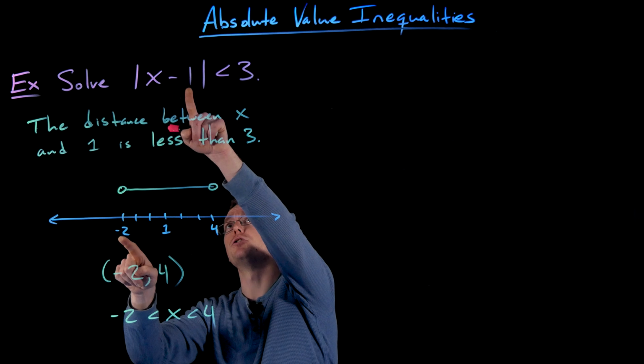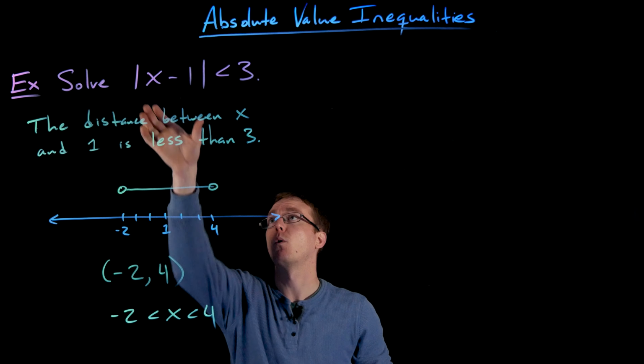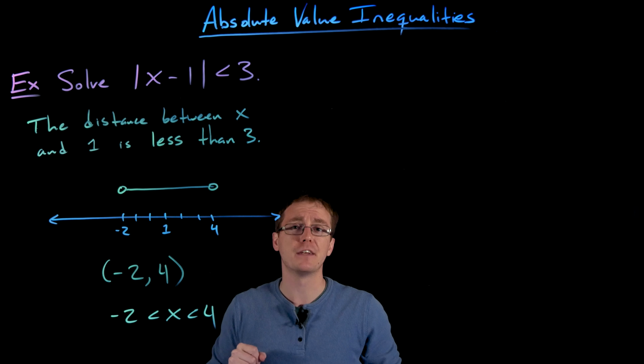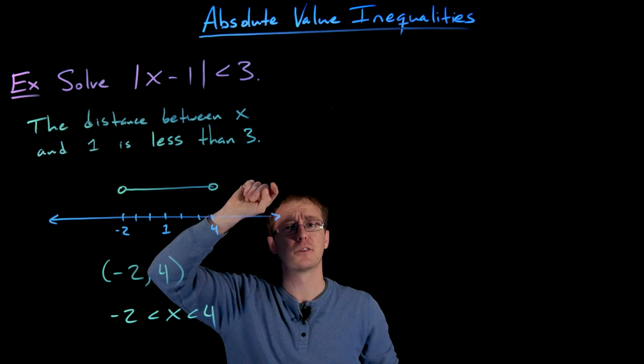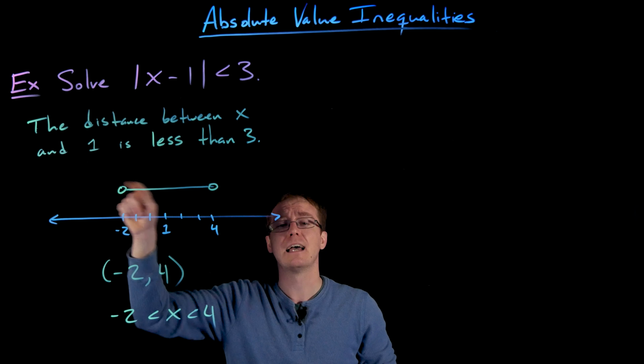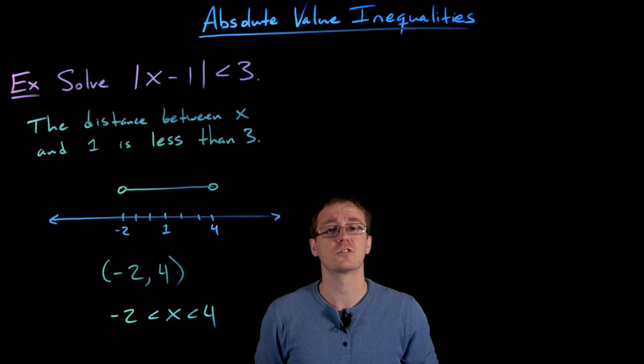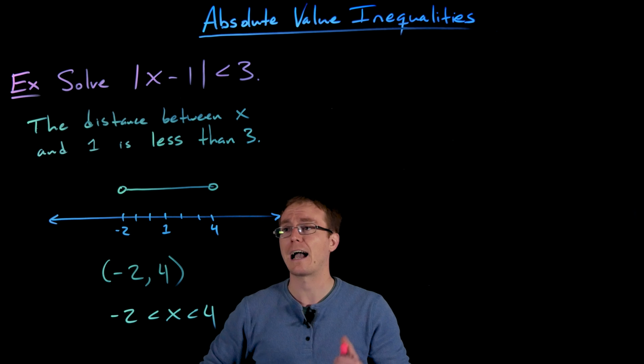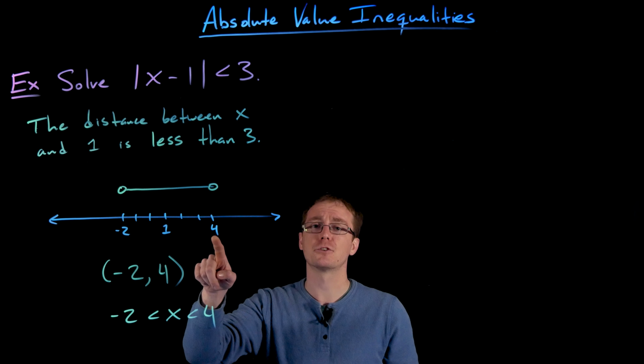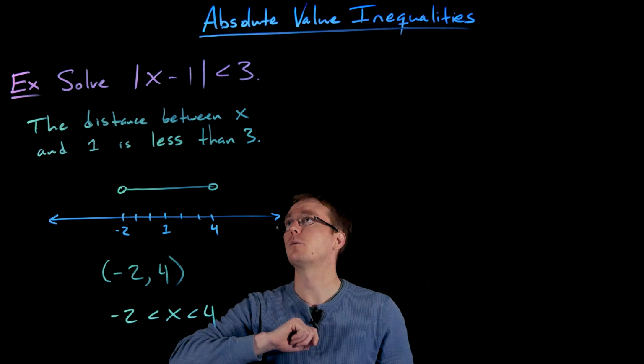Well, negative 2 minus 1 is negative 3, so that would correspond to the absolute value of negative 3. That's equal to positive 3, not less than 3. That's why we exclude that endpoint, but it's as close as we can get to our solution set without actually being in it. And the same thing happens over here on the far right when x is equal to positive